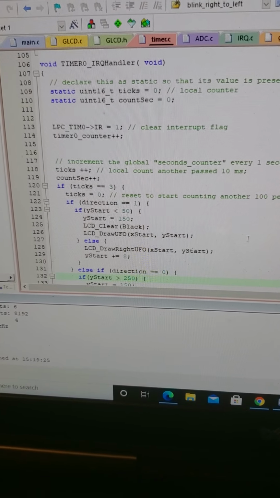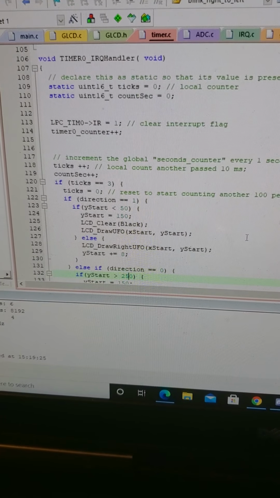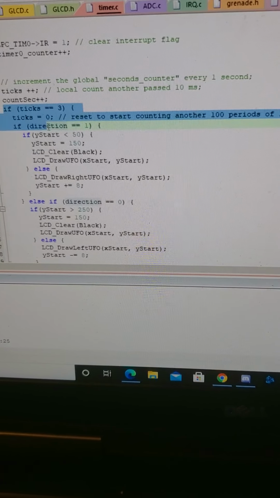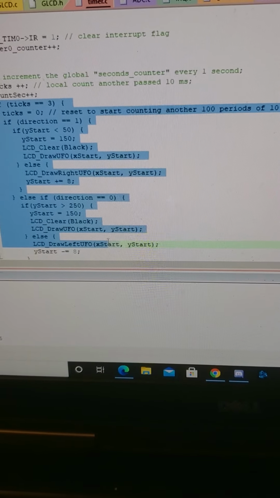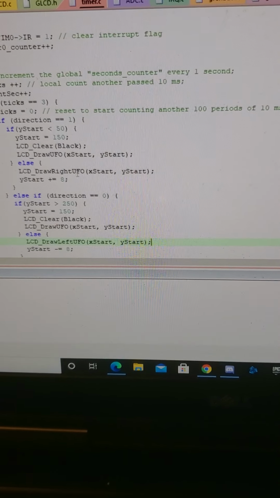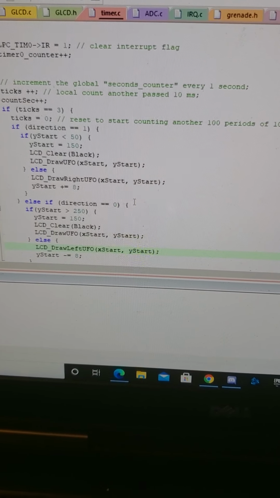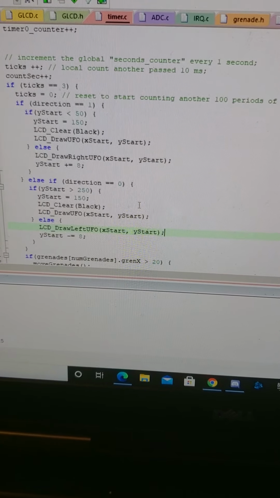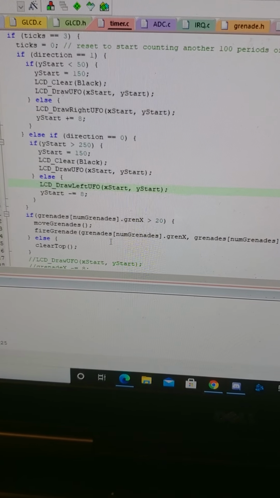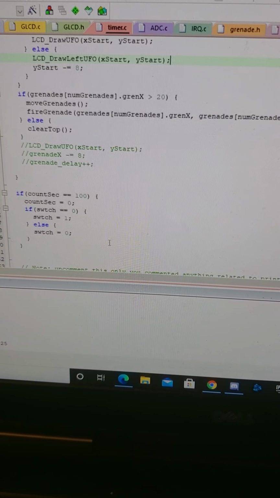So this is the timer 0 IRQ handler. This section of the code corresponds to the UFO and the canvas update period, and then this is where the UFO is able to be redrawn, and then where the grenades will get moved, and then below here is where I control the